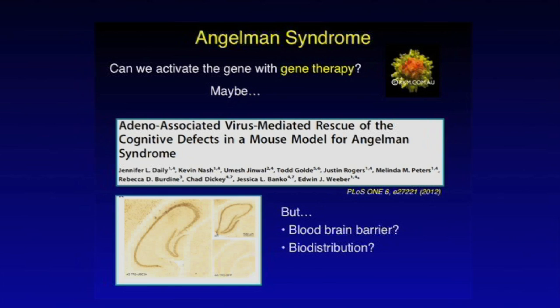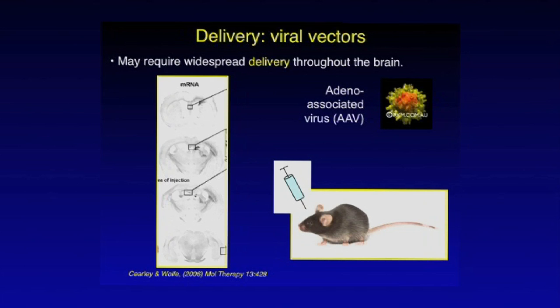But the viral vectors also don't cross the blood-brain barrier, so they also face significant delivery problems. And they also face problems of biodistribution. So let's talk about the delivery. And biodistribution, I just mean when you do get it into the brain, it often tends to go to just a small place. So this is work by some other people,